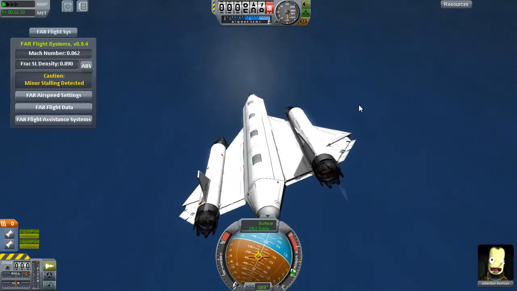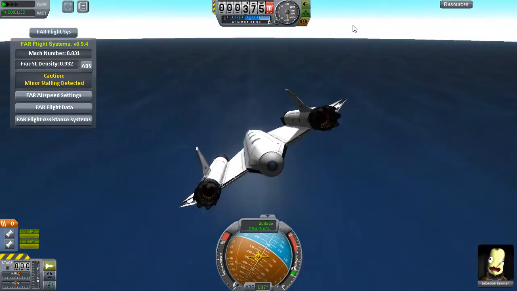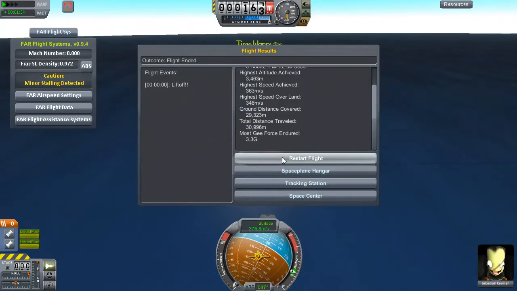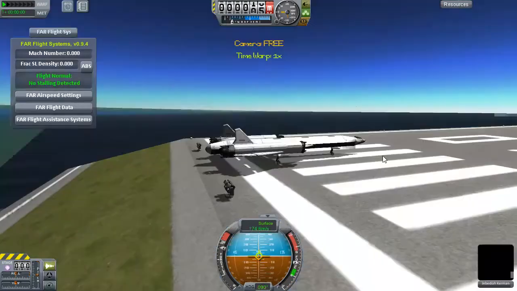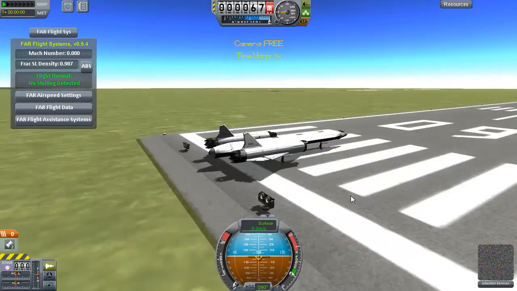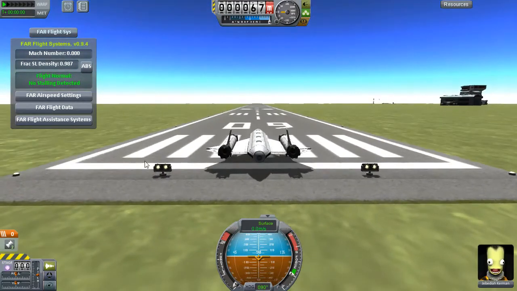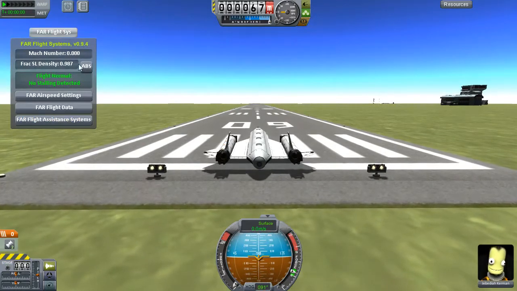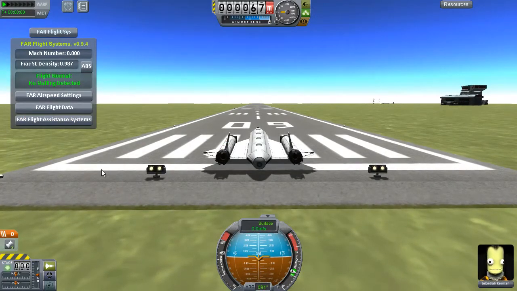I don't know why I've just got no control authority at all. Now that's really odd, because the last time I flew this aircraft I had a really good amount of control authority. So, I don't know what it could be actually. I'm going to try it one more time,